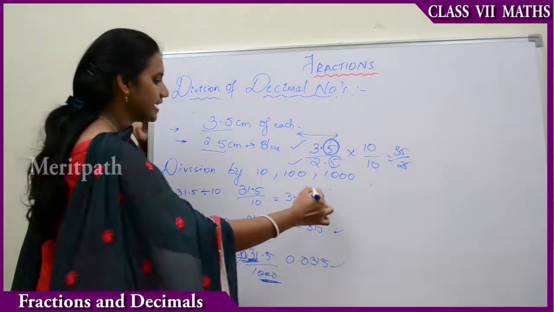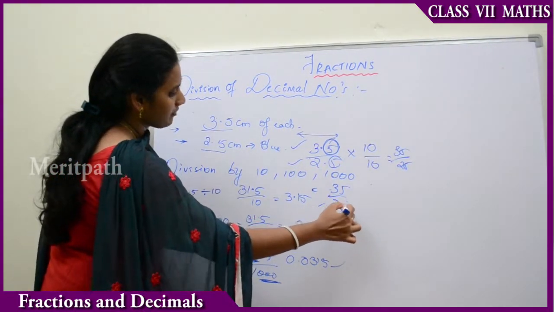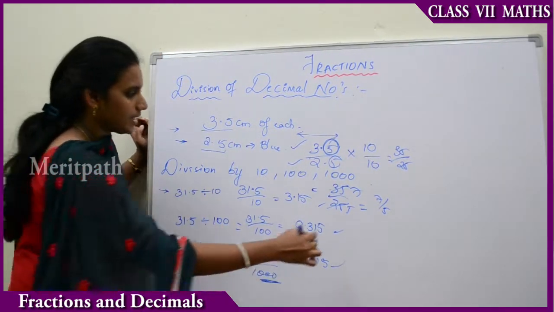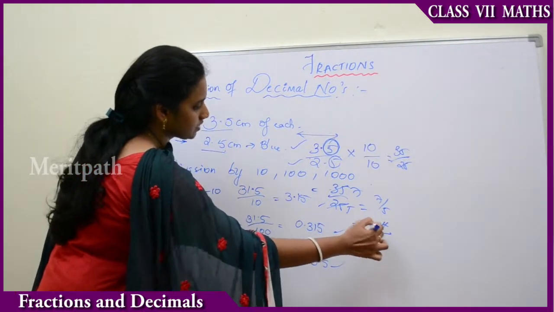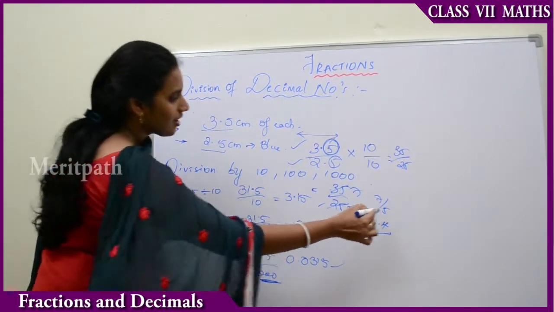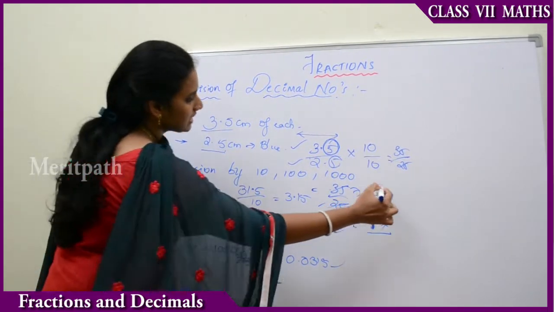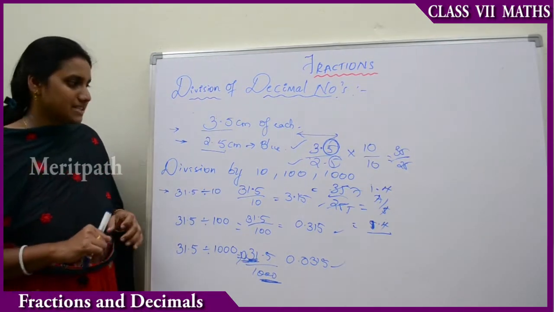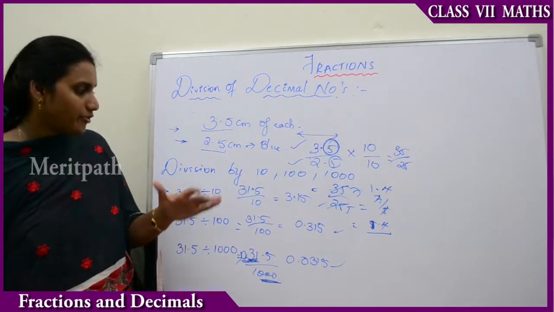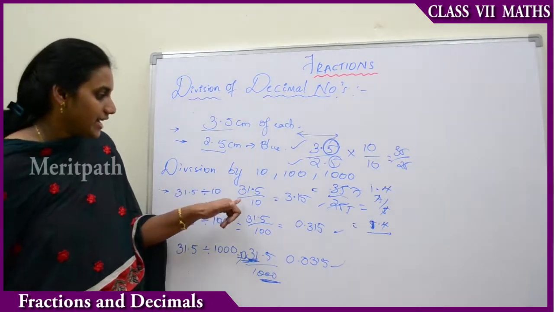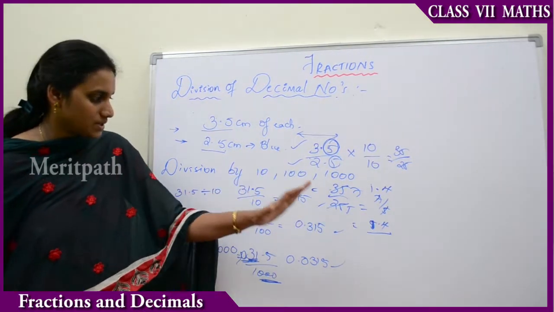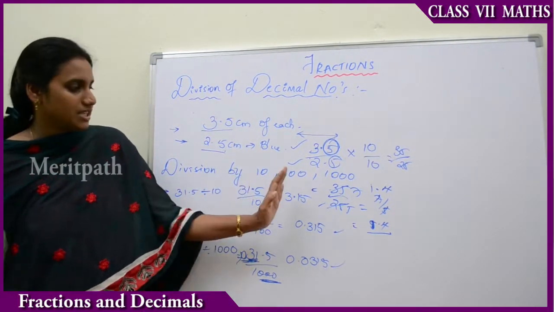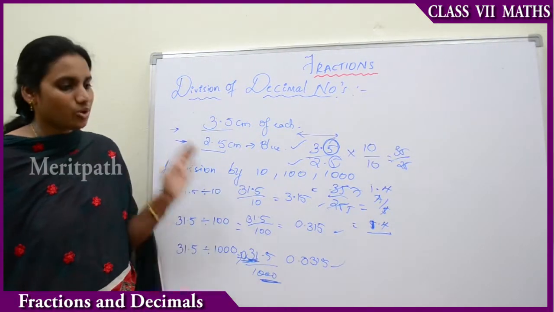So simple, we can divide the whole numbers. 5 5s are 25, 5 7s are 35. So we will be getting the answer as 7 by 5. That is equal to, sorry, 1.4. Okay, that is 5 1s are 5 and remaining 2, that is 25, 5 4s are 20. 1.4 is the answer. So in this way we have to divide the decimal numbers with the help of 10, 100 and 1000. We have to remember the point, that is when we are dividing by 10, 100 and 1000, the decimal point will be shifting towards the left side. While coming to multiplication, it is shifted towards the right side. That is the main basic point we have to remember.